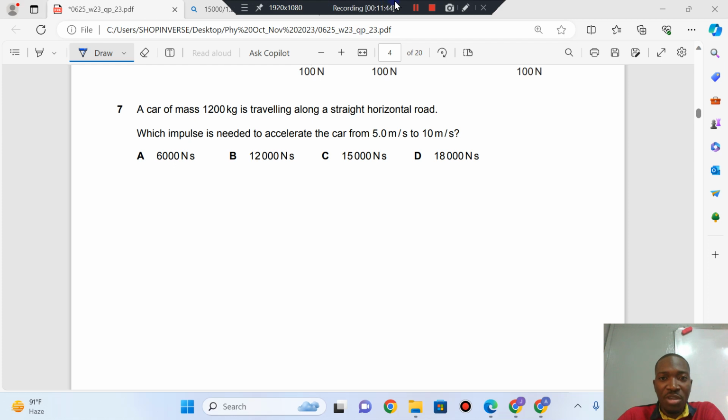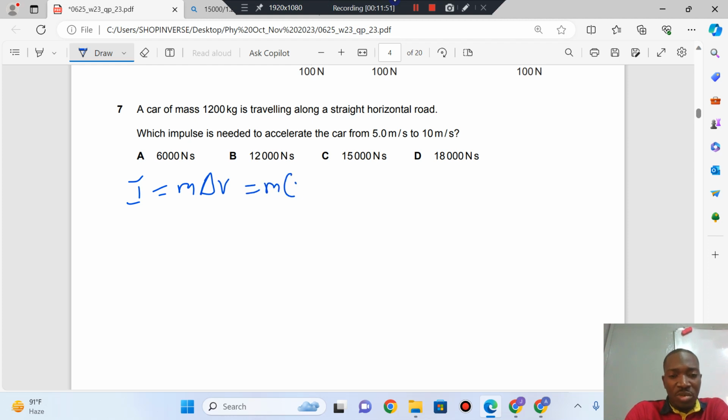Now, what is the formula for impulse? Impulse equals mass multiplied by change in velocity, okay? Or you say mass multiplied by final velocity minus initial velocity. What's the mass of the car here? The mass of the car is 1,200 kilograms. The final velocity, that's the velocity at the end, 10 meters per second, minus initial velocity in the beginning, 5